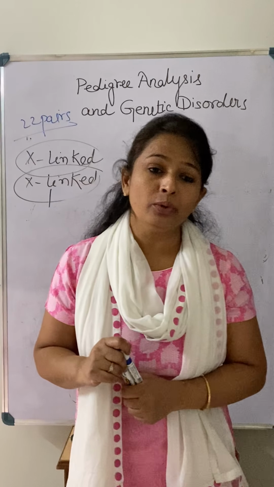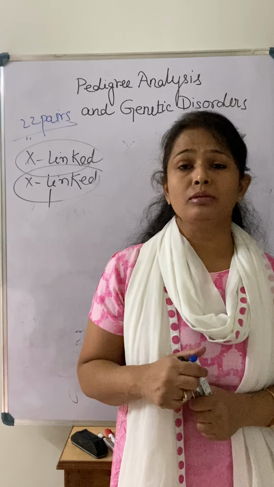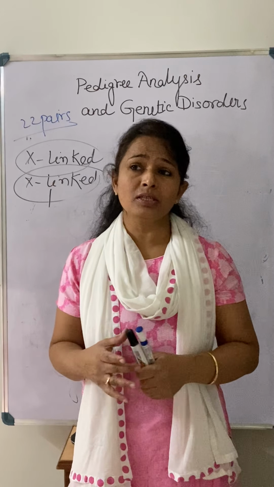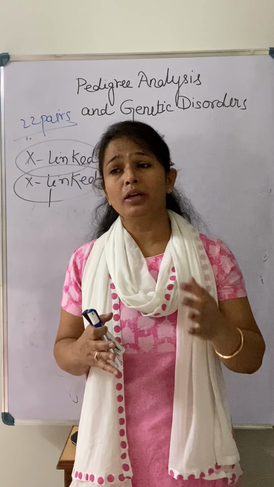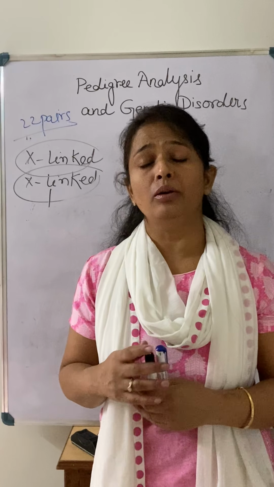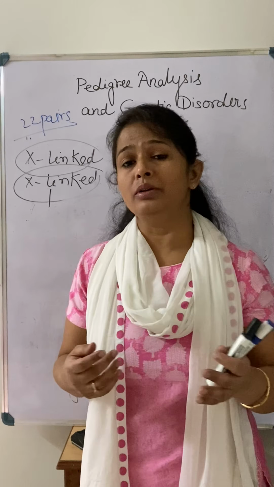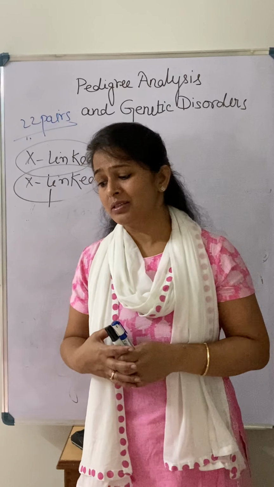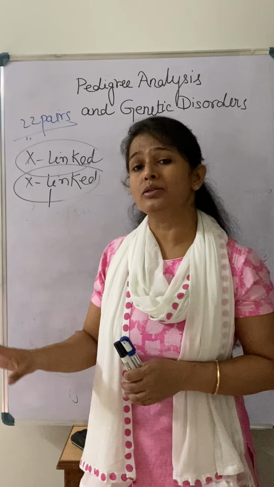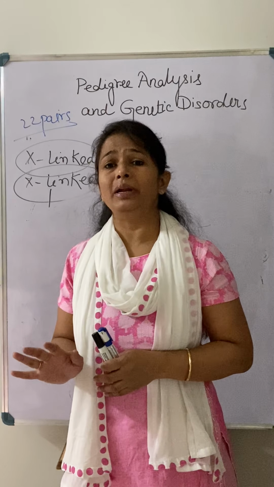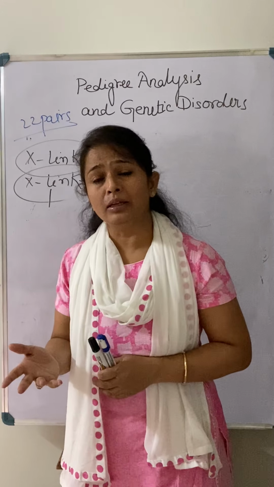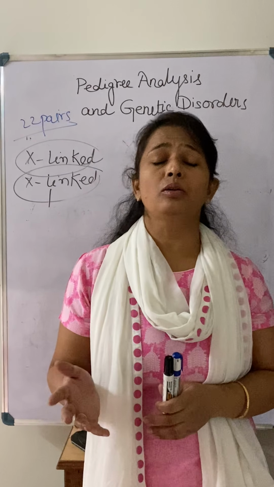Children, when you go through your book, you will come across other diseases also, such as phenylketonuria and thalassemia. All the diseases you will study this way only. If you go point to point for each disease, you will get to know, okay, these are autosomal dominant, autosomal recessive, X-linked dominant, X-linked recessive. So these are the examples. By this way we can study genetic disorders, and you can do a number of pedigree analyses by knowing these few rules.